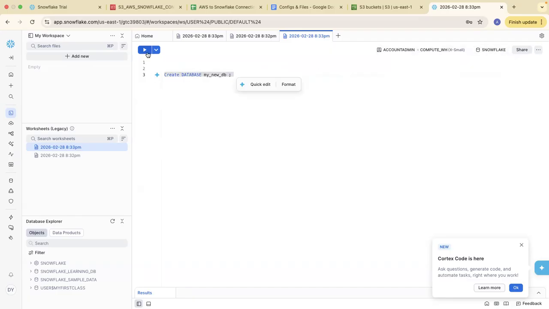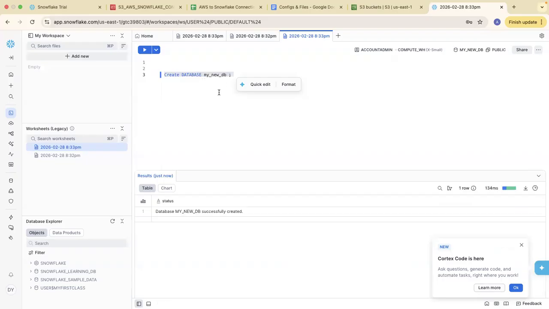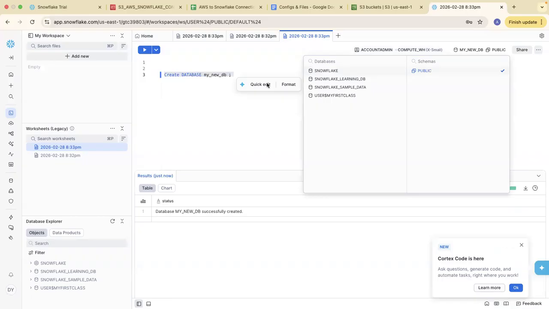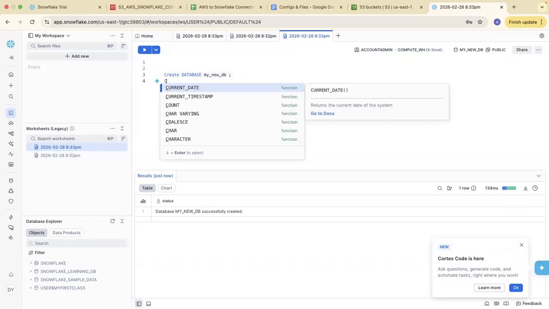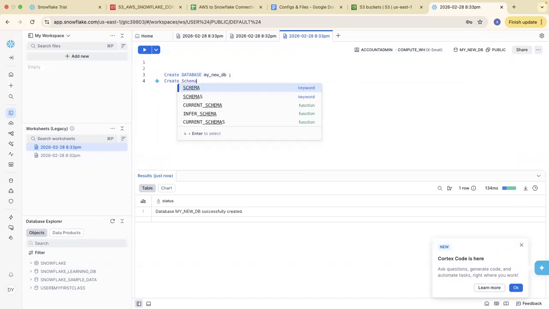I will create database my new DB. As soon as you have created it, my new DB will show here. And inside this database, I will be creating a schema. Whenever you create a schema, you have to use the database name and the schema name. So I will take the schema name as prod.